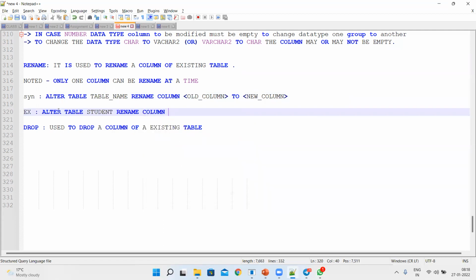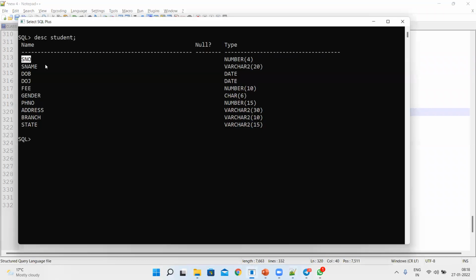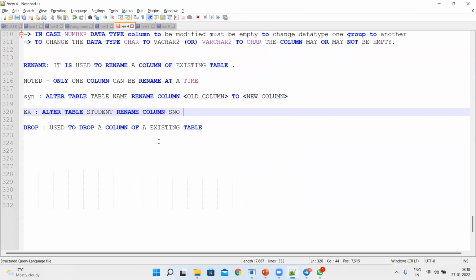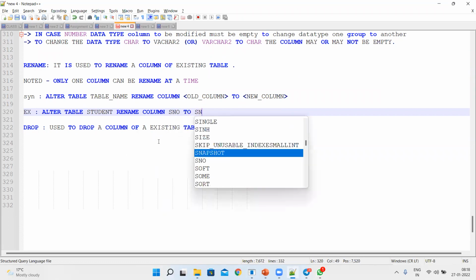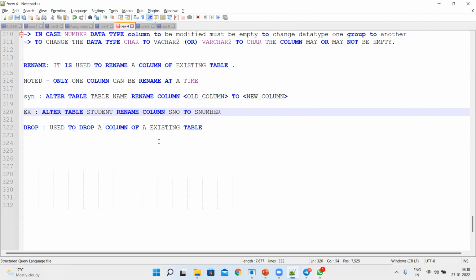Again, column is a keyword. Then what is our old column, guys? Here, the requirement: student number, I am changing student number to student NO, or else student number. Okay, so let us execute this one. We have to give the delimiter.